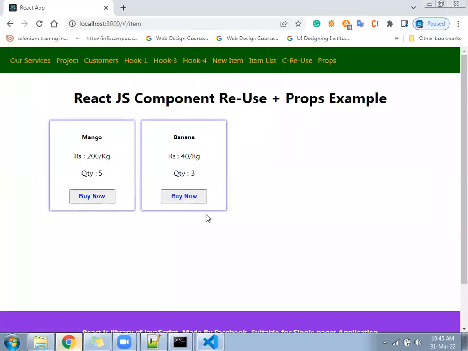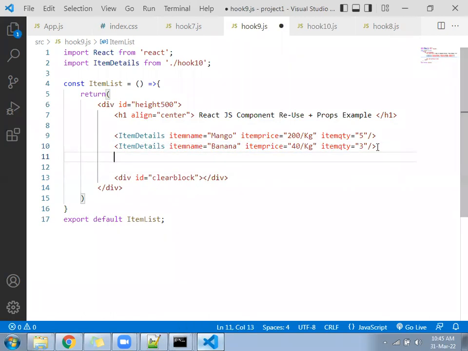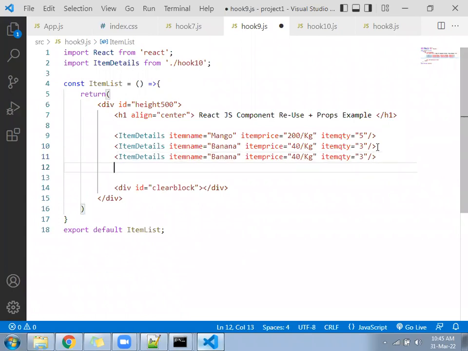Printed 2 times. Now you can copy and paste the same thing 20 times, and with the values it will keep printing. So when you go for an interview, people ask what are properties, what are props. You can say: when I use the component reusability feature of React, I write the component 1 time and use it many times, and there will be a possibility of duplicate data.